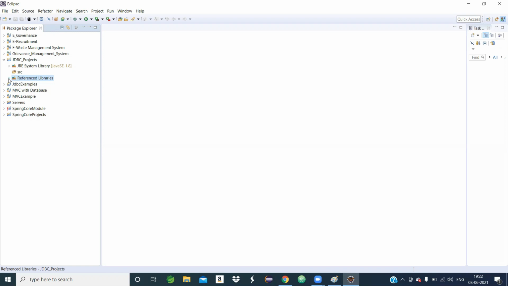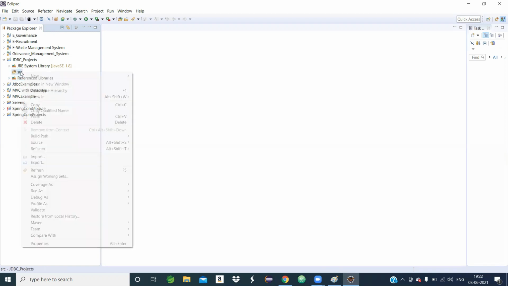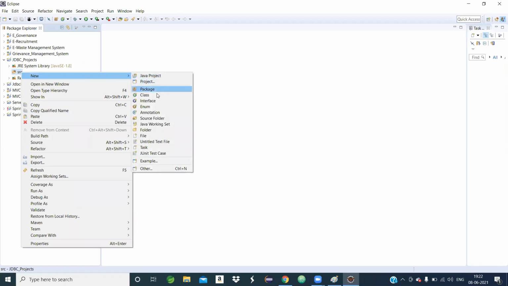Just to see, right click on SRC, new, then class. A Java program is nothing but a class, so how do I create a class in the Eclipse environment?